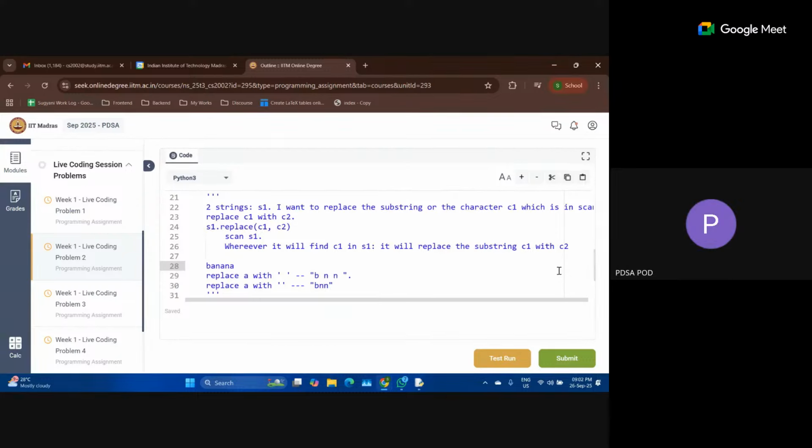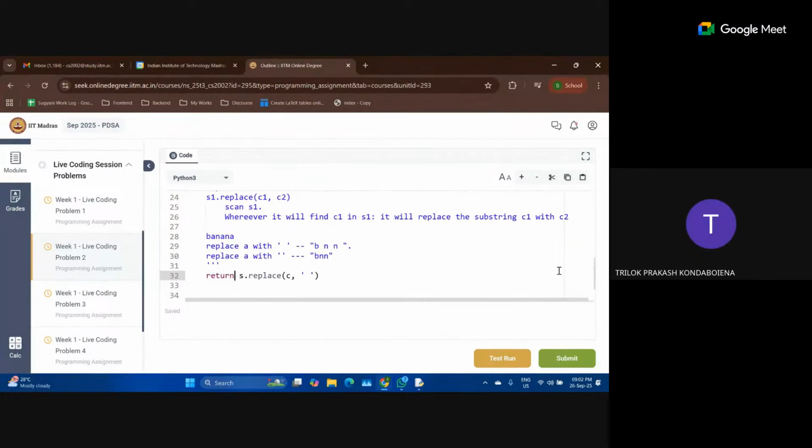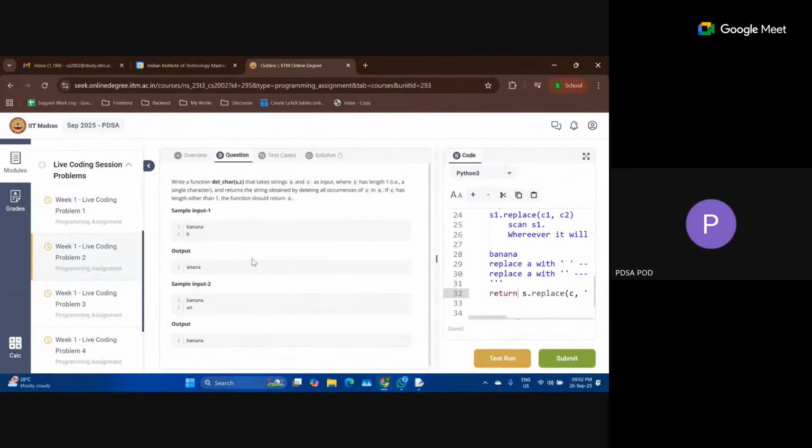Ma'am, in the actual environment, can we use this replace function, or should we write the function, the first method we used? I believe for this particular scenario, you will have to write the function. So this replace is more like awareness. There are a lot of functions in Python that you can use. For this particular scenario, you are understanding what replace does. You are asked to implement the replace function, so that's why you have to implement the function.